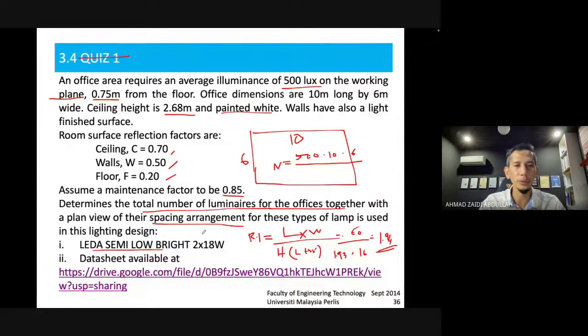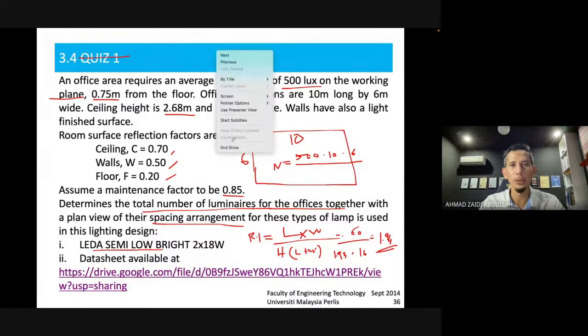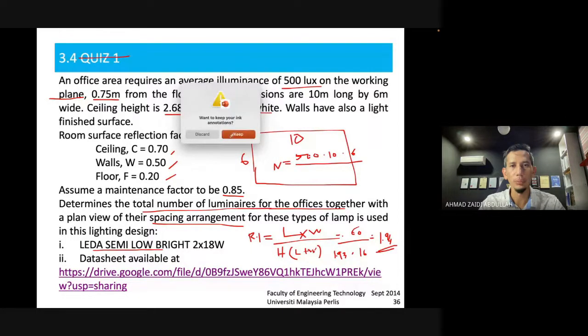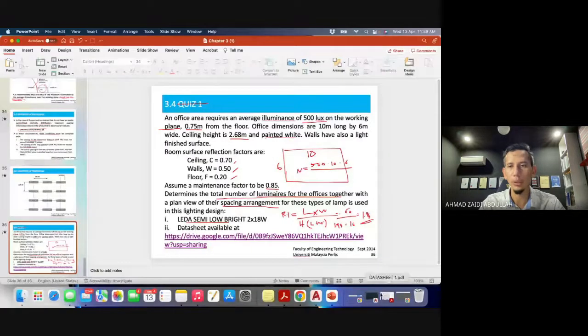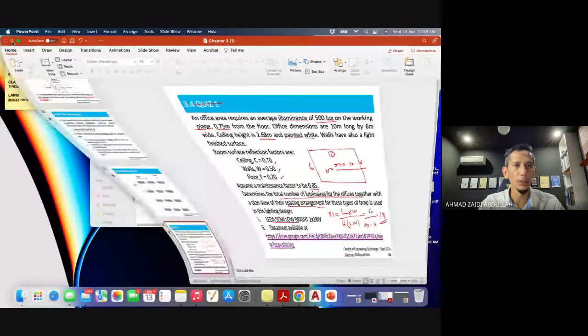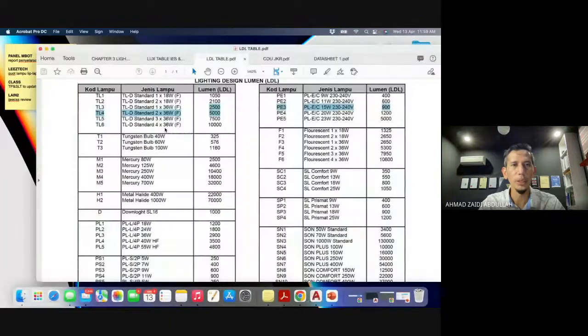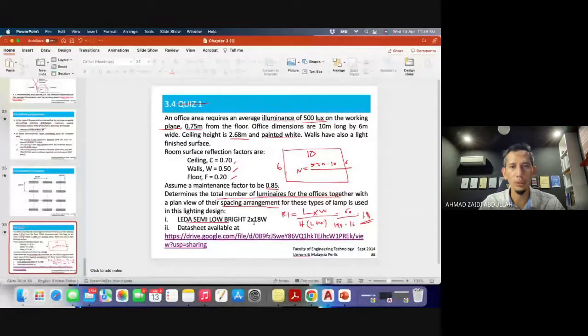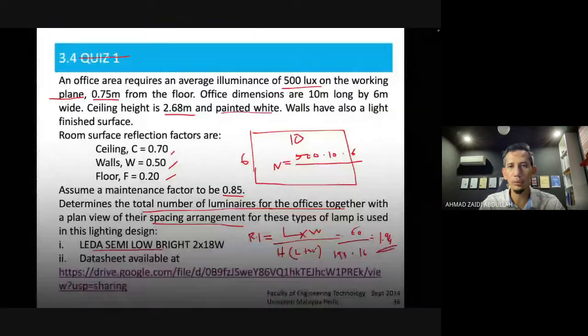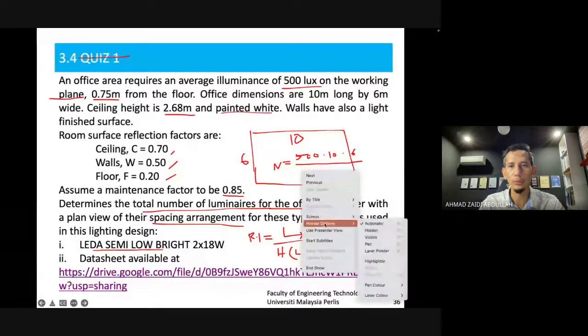So LDL berapa ni? So that's the issue. So LDL we need to refer. So let's say for this case, we need to refer JKR standard lah. LDL table 2/18. So 2/18 here is 2100, because it uses 2/18. So 2000